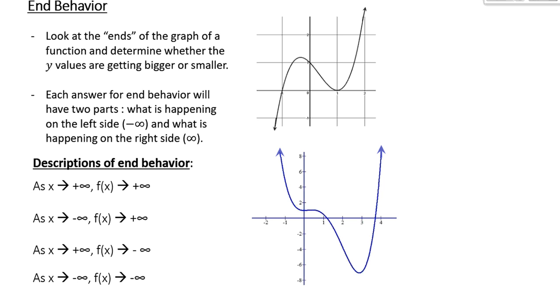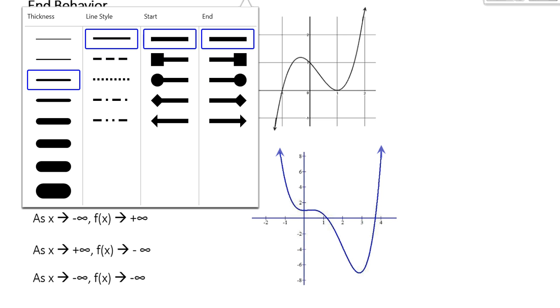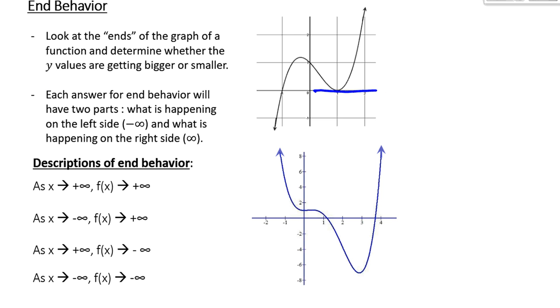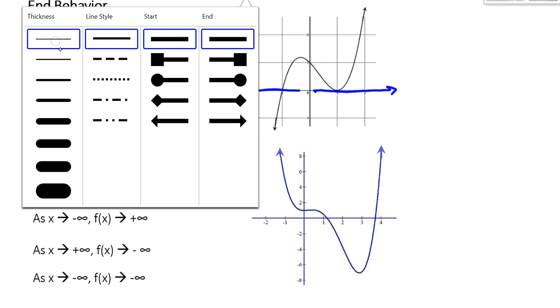All right, now we're moving on to the second part of characteristics. First one we're talking about is called end behavior. And the end behavior is just telling us what's happening at the ends of the graph. Now the ends meaning if you go along the x-axis, either to the far right side or to the far left side, I want to know what are the y